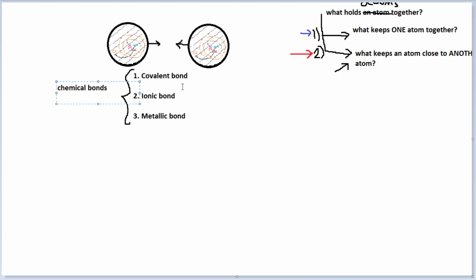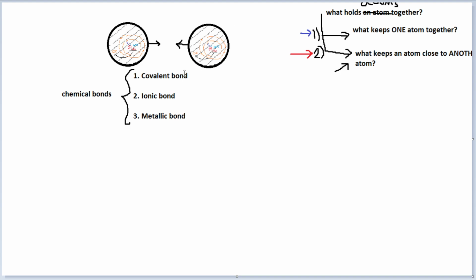Okay? Any one of them: a covalent bond is a chemical bond. An ionic bond is a chemical bond. A metallic bond is a chemical bond. In other words, this is a category, and these are 3 things in that category. Like if this category said animals, then 3 things you could write here would be dog, cat, bird. It would be 3 examples of this category. So chemical bonds is a category, and here they are. Okay, that's pretty much it.